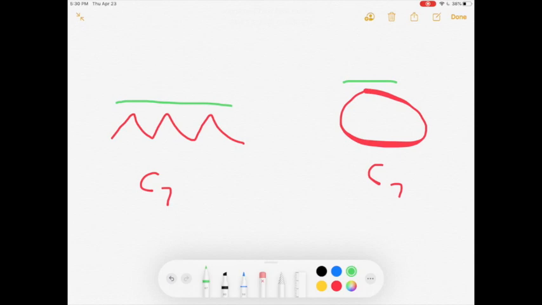So the more surface area on my molecule, the stronger the dispersion forces because there's more areas to form those interactions. But if I have a molecule that's all balled up, then I don't have that much surface area and they're not going to be as strong. So the shape of the molecule also plays a role. But honestly, it kind of goes along with the size of our molecule, right? The bigger the molecule, the more surface area. So the stronger our